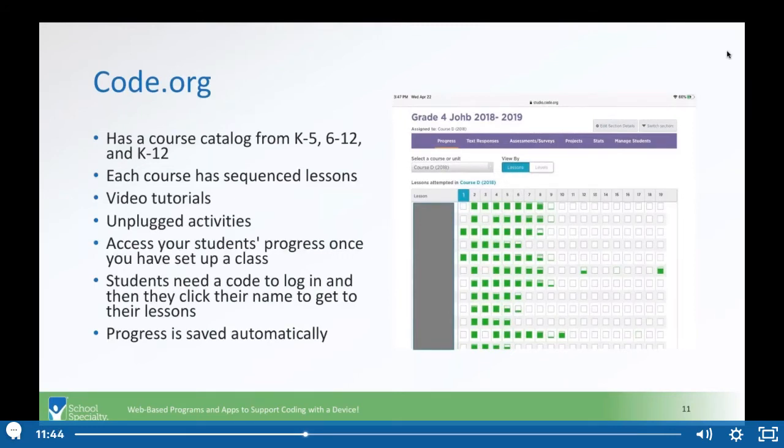At the beginning of some of the lessons, there are video tutorials for the students to follow. There are also some unplugged activities, so you do not need a device, which is a really neat part of the program. Students are also able to work at their own pace. When I used code.org, it was very easy for me as it was all laid out. All I had to do was pick a course, sign up my class, and then I could track my students'